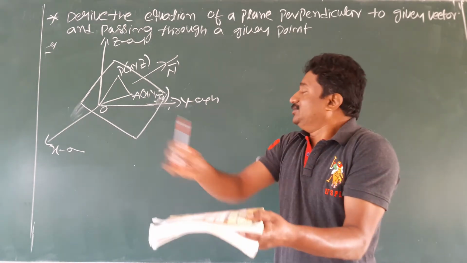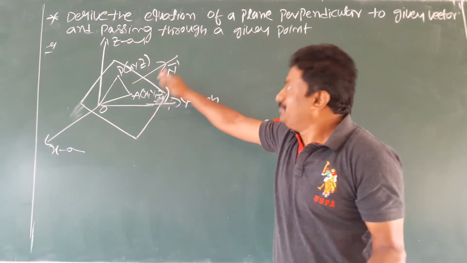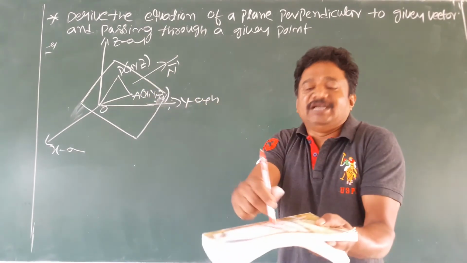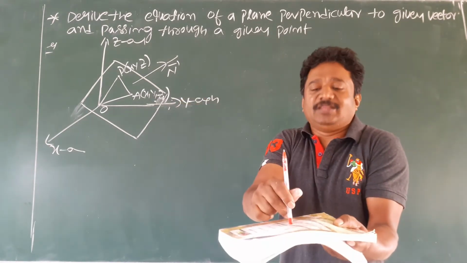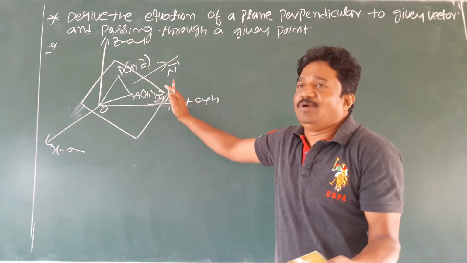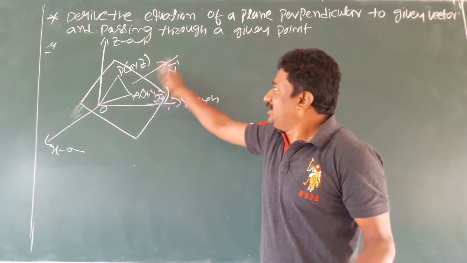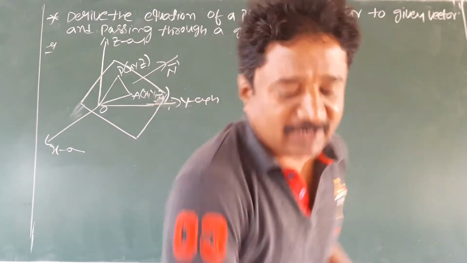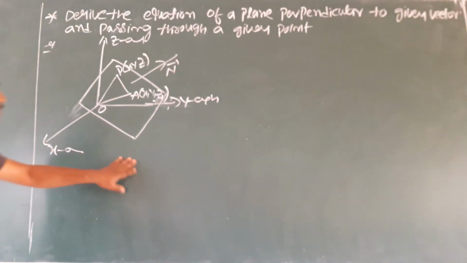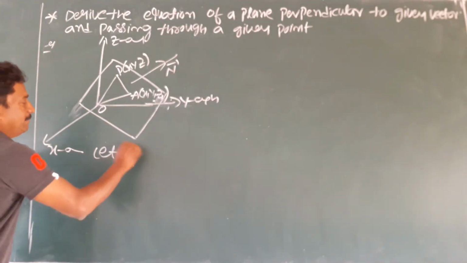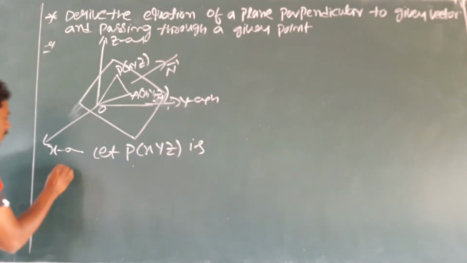So you see that figure, vector n. You cannot see that from the figure because it is a 3D, three-dimensional discussion. It cannot be drawn and cannot be seen on the board. So simply we write on the board, and understanding is so important. You should understand that the vector is perpendicular to the plane. As usual, you take let P(x, y, z) be any point on the plane.